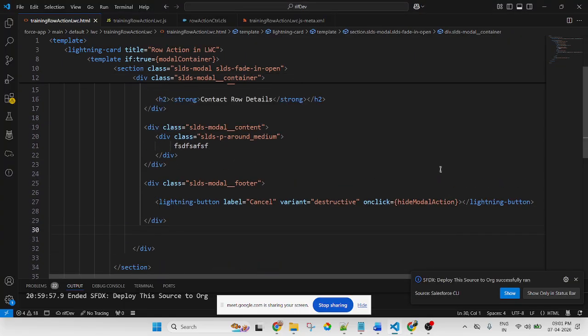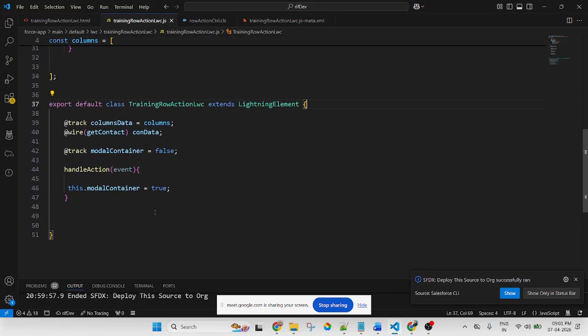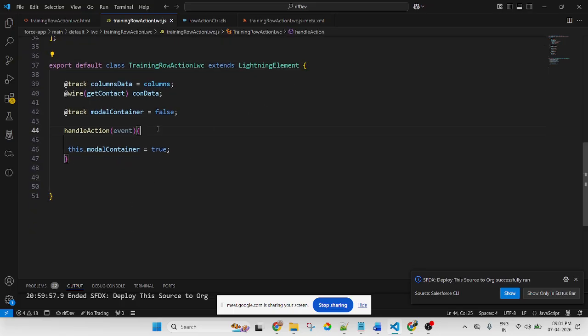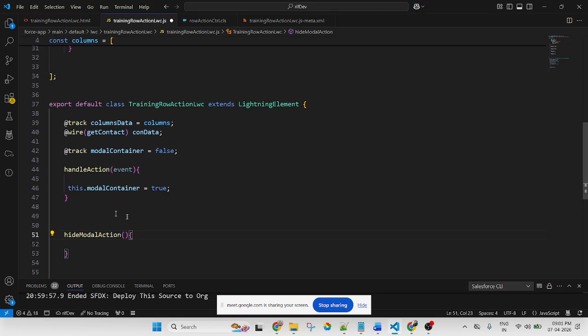So first we need to hide the modal pop-up. This is a button, and this is the hide modal action. It is not a long function. This is the handle action function, and this is the hide modal action. Simply, if you open the modal pop-up, you pass true.